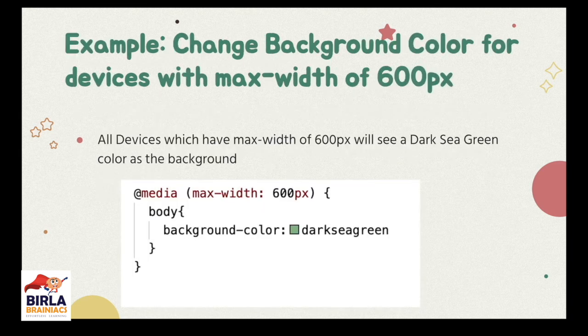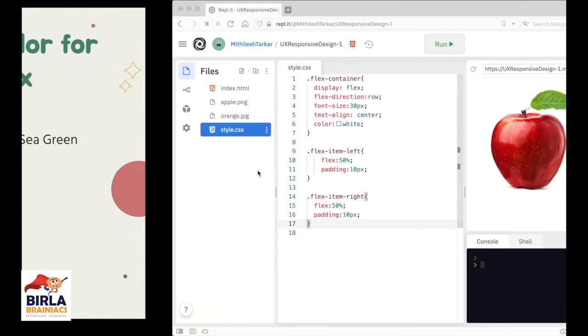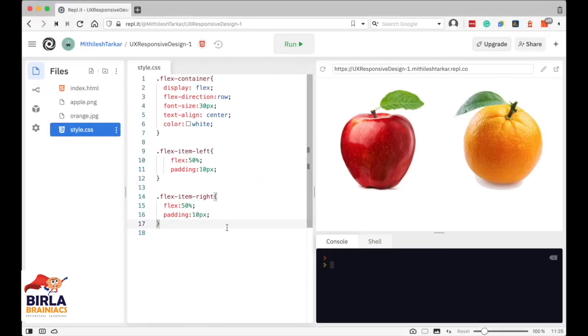Let us look at an example. So change background color for devices with max width of 600 pixel. So suppose the device has a maximum width of 600 pixel, so we will change its background color to dark sea green. Alright, so let us try this out. So if I want to add a breakpoint, I will say add the at-rule media, and then inside round brackets I will specify the max width to be, let's say, 800 pixels.